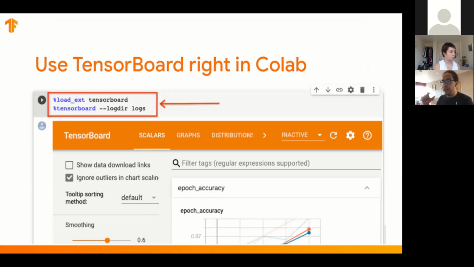With that, you can have a cell where the output is TensorBoard, so you don't need to open another tab. If you want, you can, of course. But if you want to have that in your notebook, you can just do it over there, and you can see all the results right there in the same place. Of course, Colab, even the free one, has access to this. So this is a very nice integration that helps you be more productive in the environment.